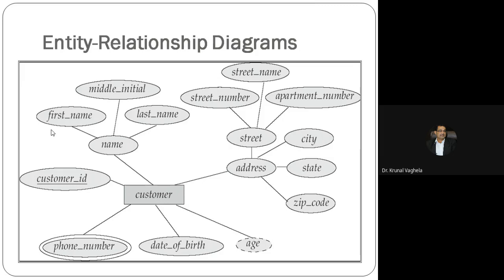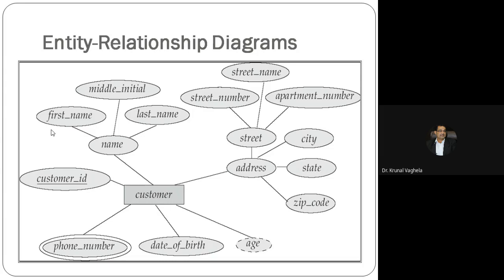Which type of attribute is city? Simple, right? Simple attribute. Which type of attribute is street? Street is again composite, because it is subdivided into street number, street name and apartment number. Which type of attribute is phone number? What is double ellipse? Weak is for an entity. An attribute cannot be weak. You are right in terms. If it is an entity, then it is weak. But attributes cannot be weak.